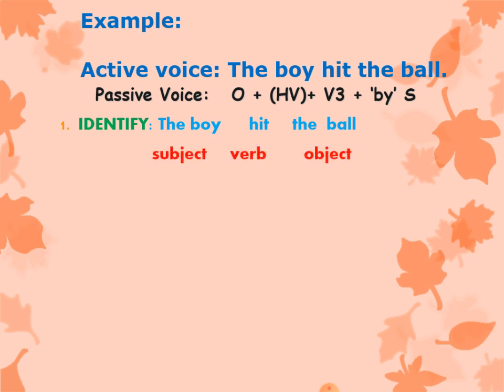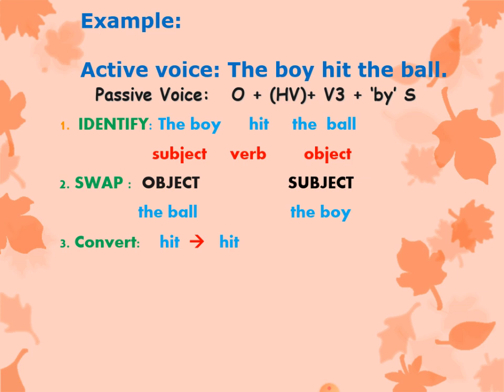So, the boy is a subject, hit is a verb, the ball is the object. Second step, swap. Swap, that is, interchange the subject to the object and object to the subject. So, interchange: the boy becomes the object, the ball becomes the subject.